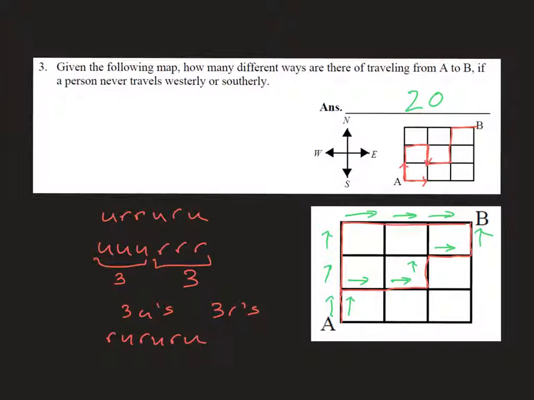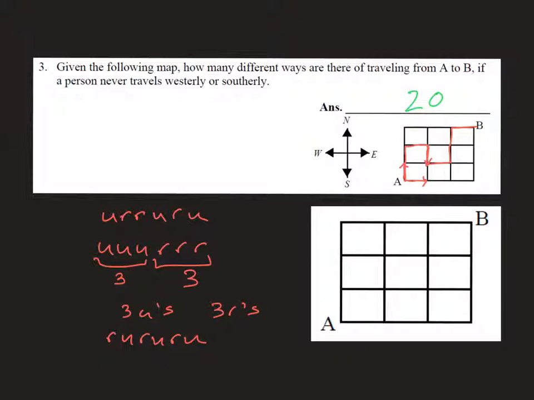But each path has a different sequence of R's and U's. So let's see what this sequence that I just wrote is. That would be right, up, right, up, right, up. As long as you write 3 R's and 3 U's in whatever order, you can make a path. And this is important